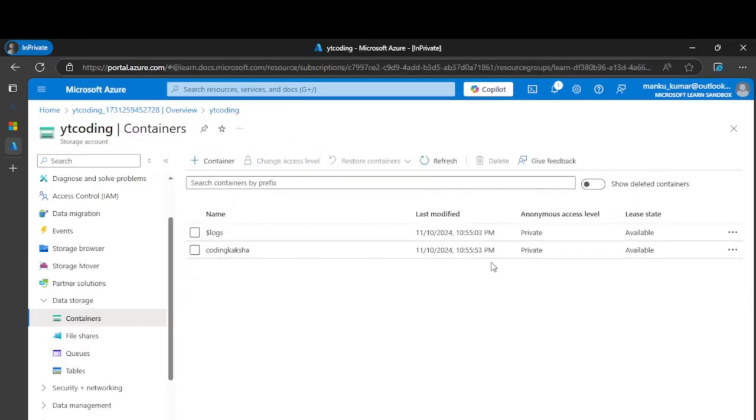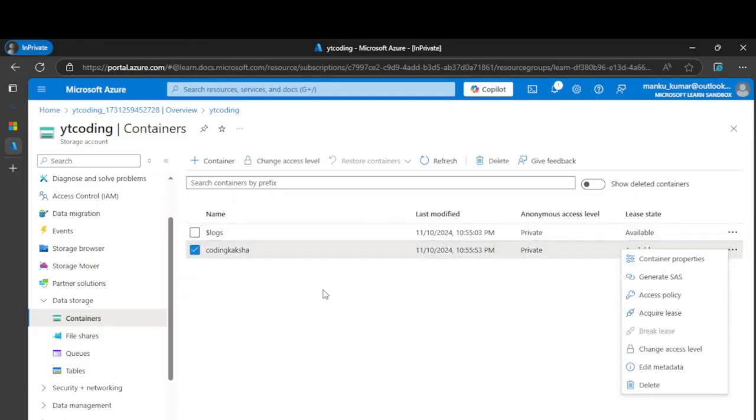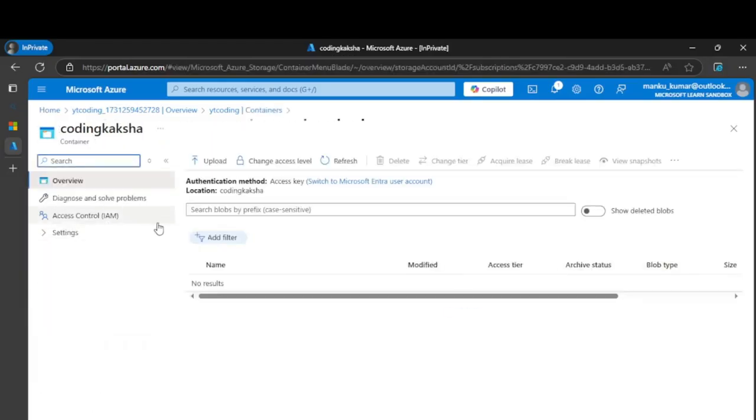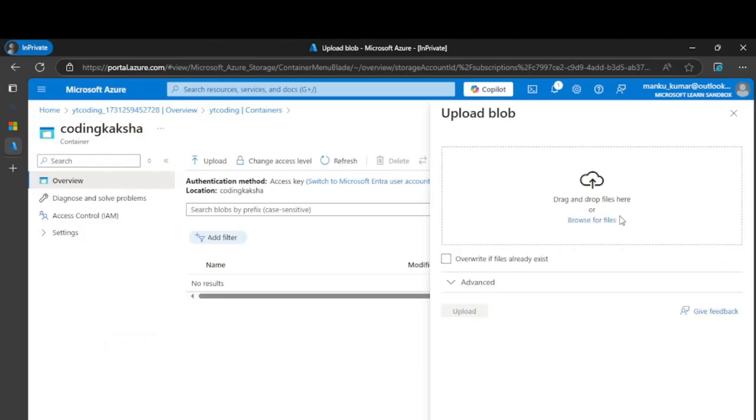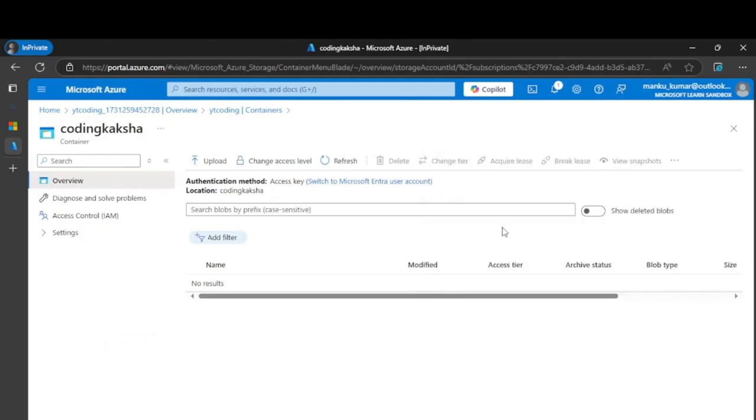So this one is a container. In this container, we can create files, upload a file, give access, all those things. So let's go to that. We can upload our file over here. Just click over that. If you have any file, you can upload that as well.